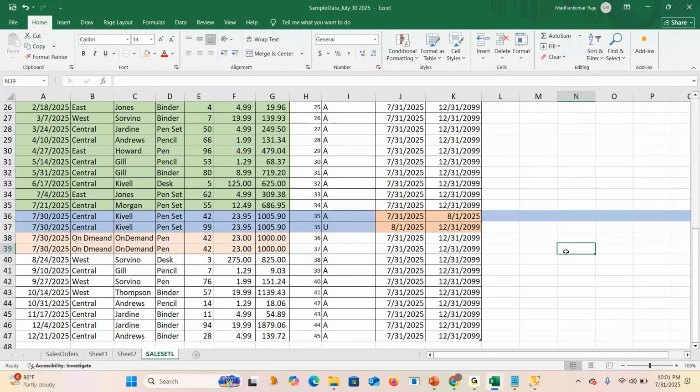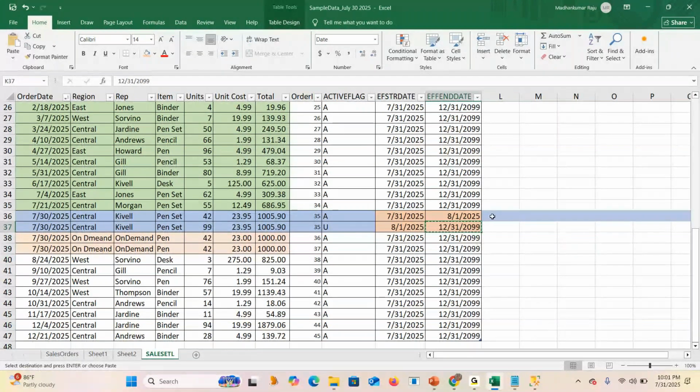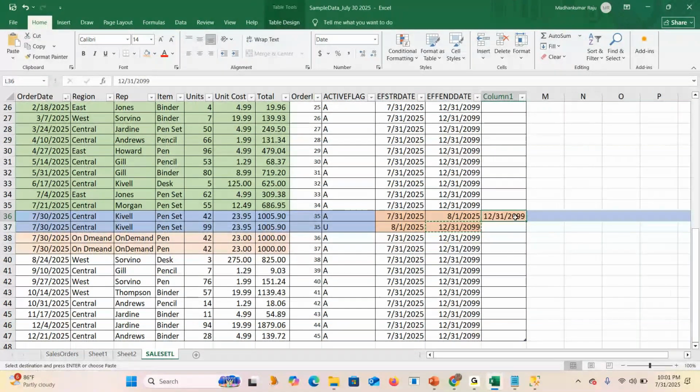We have to verify, correct? Yes. Suppose after the update comes, the effective end date is still like this, with this value, then you have to create a defect. Like in the update scenario, the effective end date is not changed. Since I cannot identify the current record and old record, you can raise a bug. Clear, guys? I got it. So this is what is called the update scenario.